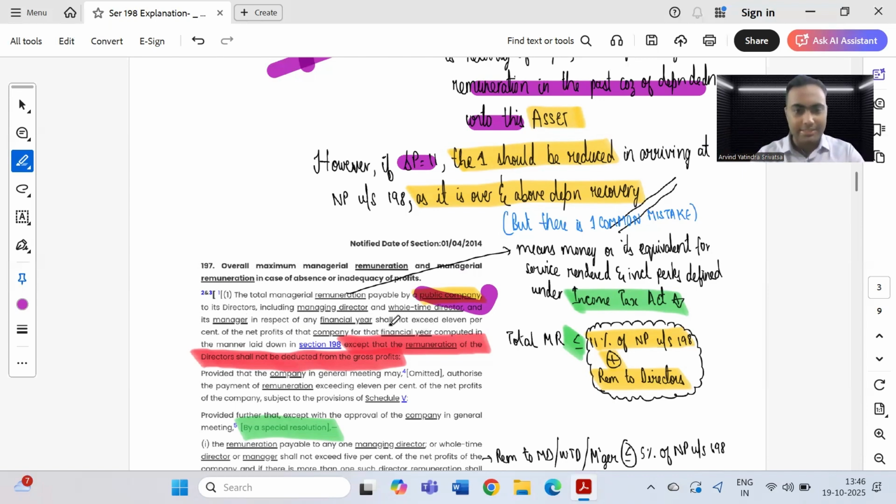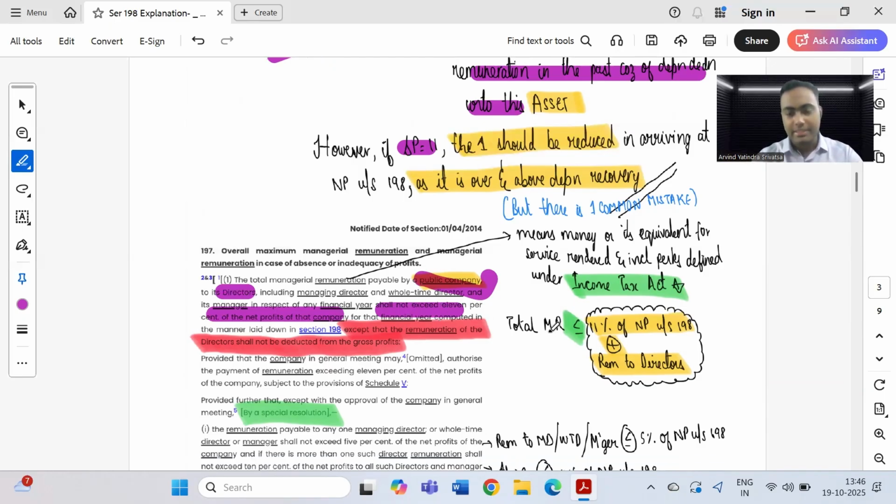In respect of a financial year, it shall not exceed 11% of the net profits of that company. So basically, we saw above how to compute the net profits. That net profit which you're computing, 11% of it should be the maximum remuneration that is permissible to your directors. So basically here, to its directors, including managing director, whole-time director, and its manager, right? So your maximum remuneration cannot exceed 11%, right? So that's what I've written here, saying total managerial remuneration less than or equal to 11% of net profits under section